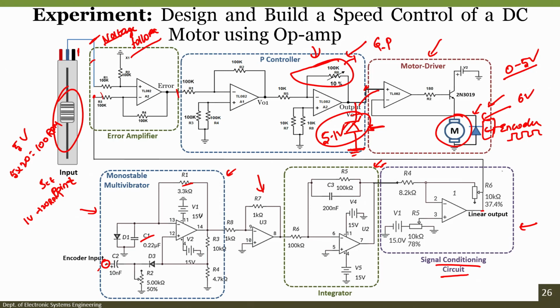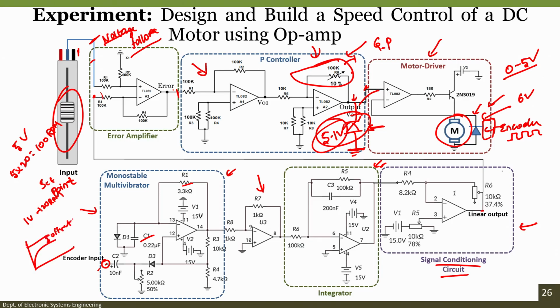But since the motor is a second order system and we have restrictions that the motor should not go more than 5 volts, and initially the input voltage is 5 but the motor initial condition is 0, the error given to the P controller will be almost 5 volts. If the gain is somewhere around 2, there are chances of the output voltage going to 10 volts. So, in order not to damage it, we are restricting it with a Zener diode circuit. And when the gain is really small, there are chances of getting an offset error. This is called our offset error.